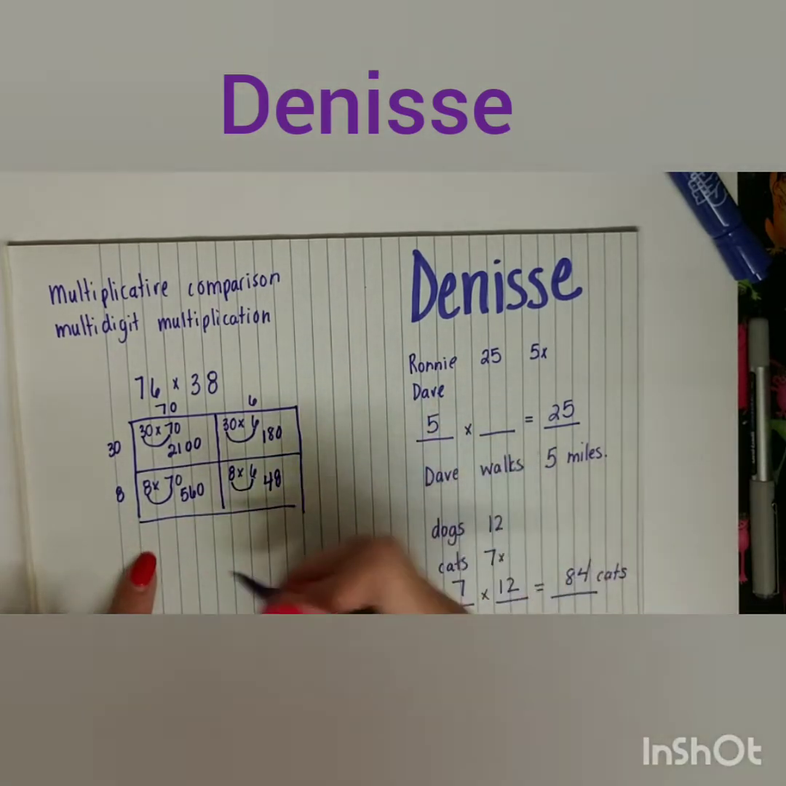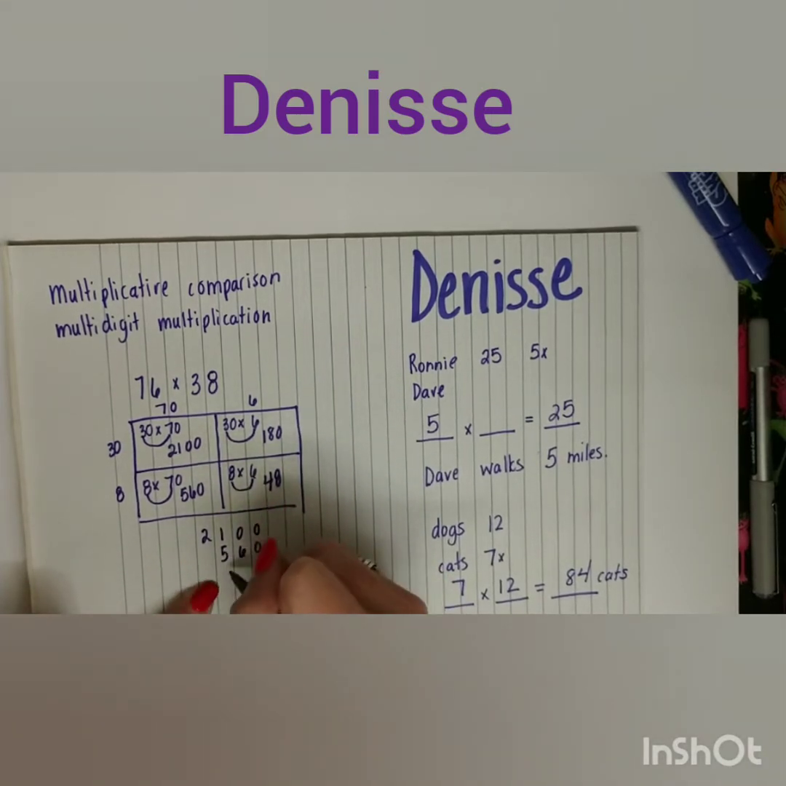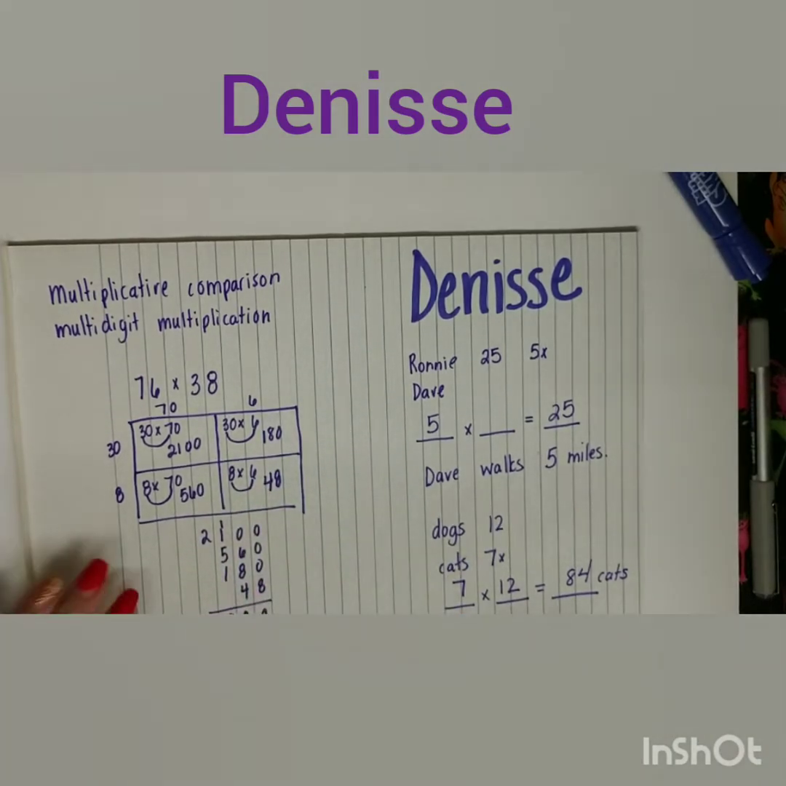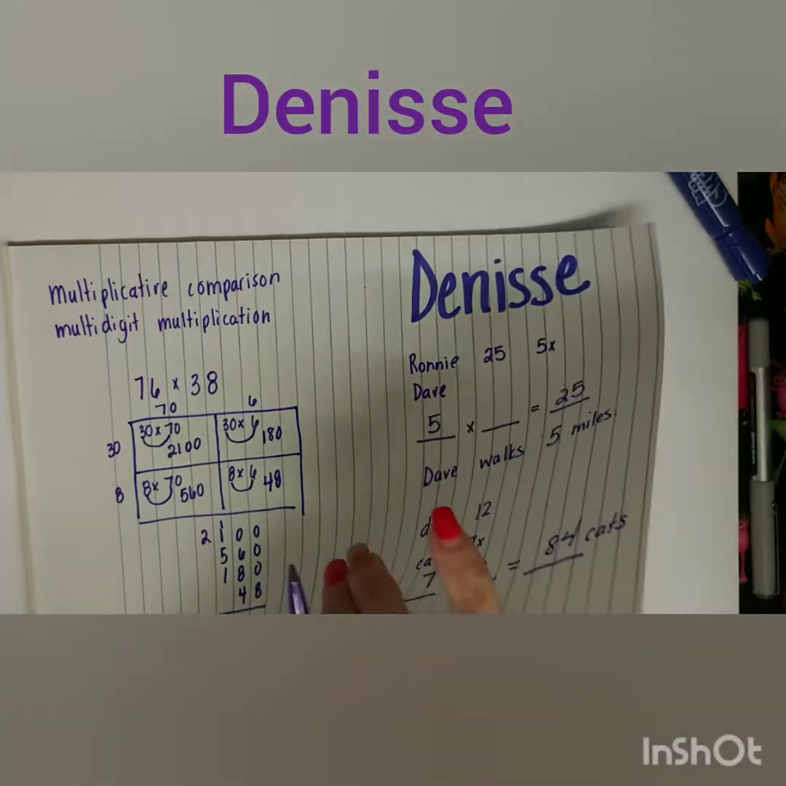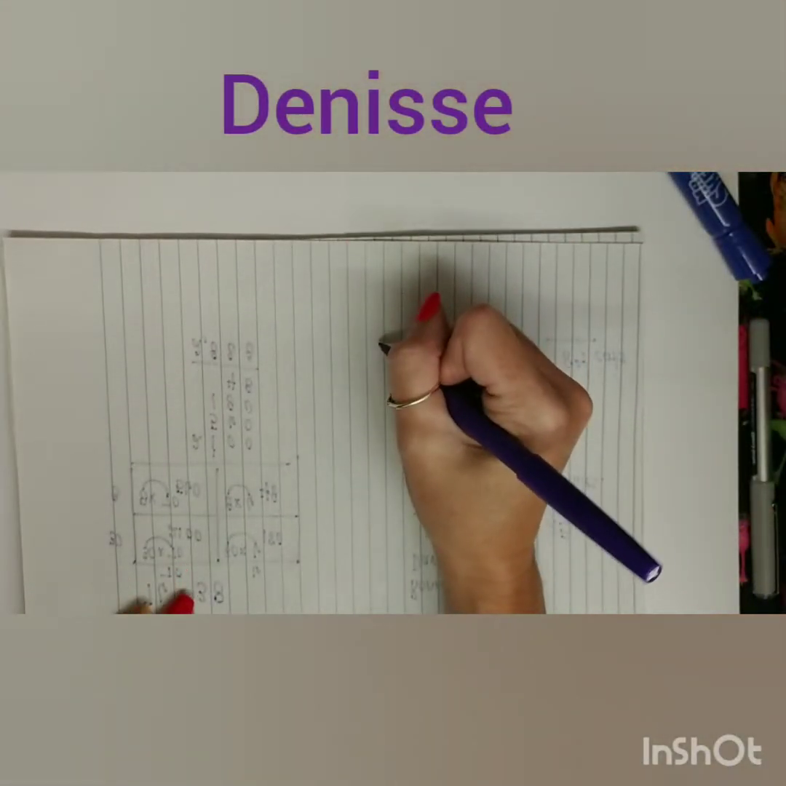Now, once I have that, I add all the pieces. 2100, 560, 180, 48. 10, 18, that's 1, 2, 3, that's 8. 2,888. And then one more problem, and I'll just do it on the back here. So let's do